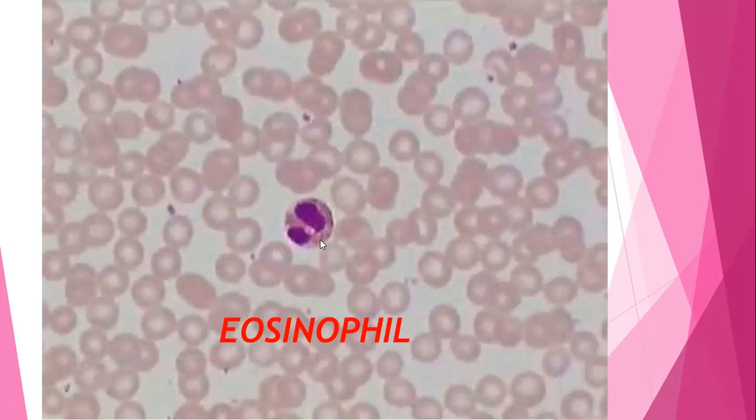And if you compare with the neutrophils, these granules which are pinkish in color will be coarse and large. So this is how we can identify the eosinophil. Remember that sometimes an immature type of neutrophil may have two lobes, and an eosinophil also has two lobes. To differentiate between these two cells, we have to compare the granules. The cell which has fine granules is a neutrophil. The cell which has coarse dark pink granules will be an eosinophil.